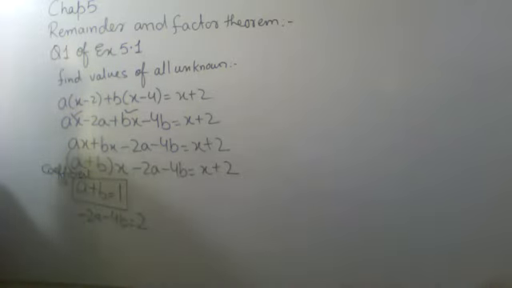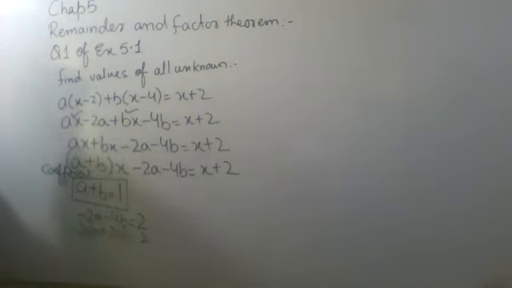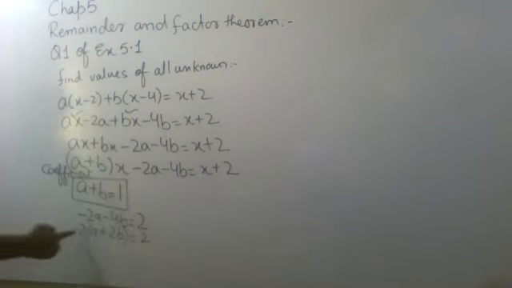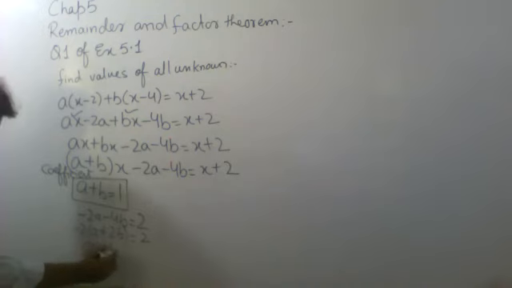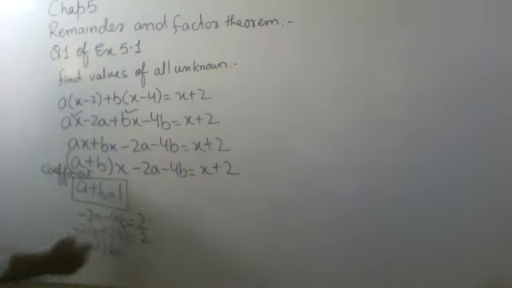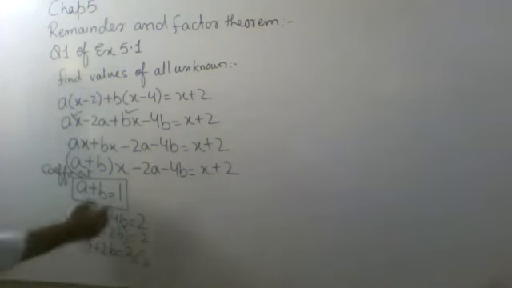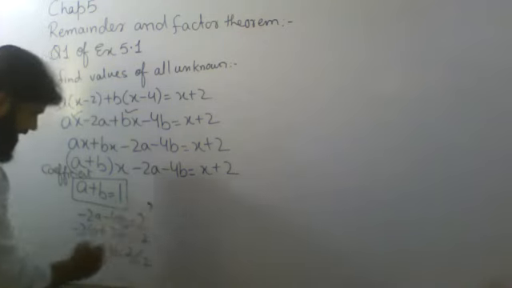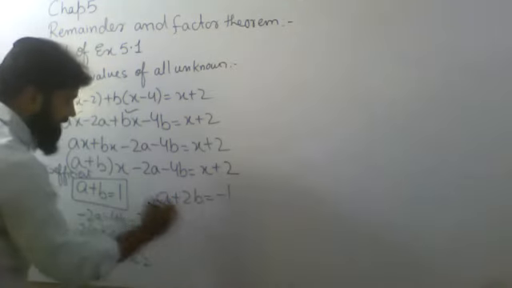It's 2. Okay. If I simplify it, taking minus 2 common on the other side, this will become a plus 2b equals to 2. Right? So I'm shifting minus 2 on this side. A plus 2b equals to, this is being multiplied, then I will shift it on the other side. 2 divided by minus 2, and the result is going to be a plus 2b equals to minus 1.